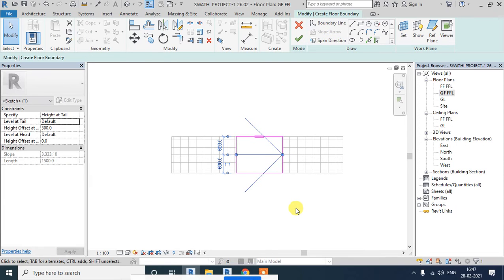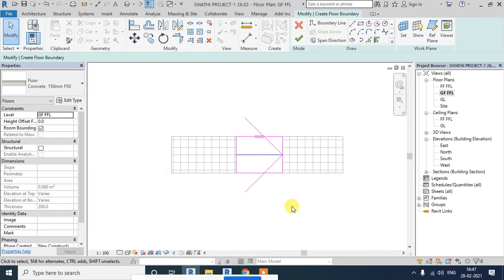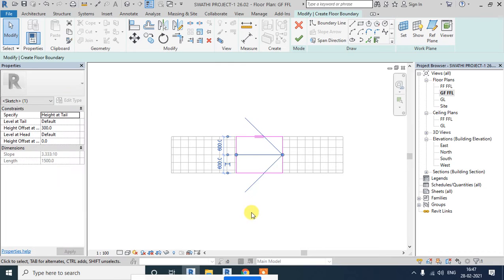Now I'll select this one. I'll say escape. I'll select this and I'll say height at tail. So what should be the slope here? From 0 to 300 height it's supposed to go, and the span is 1500.